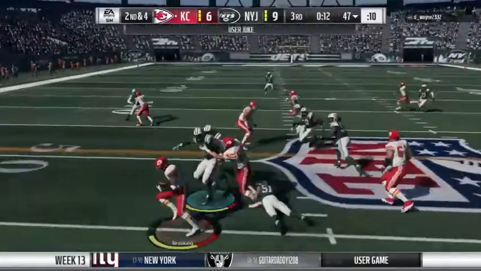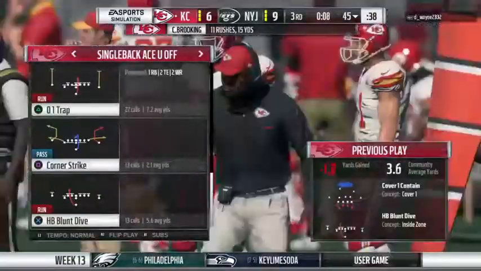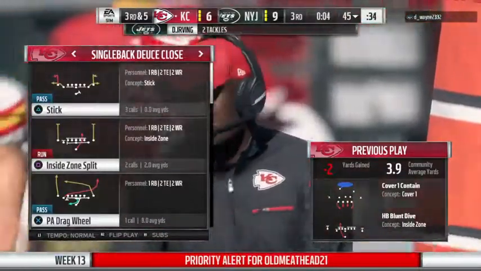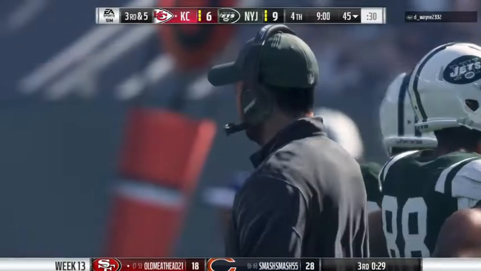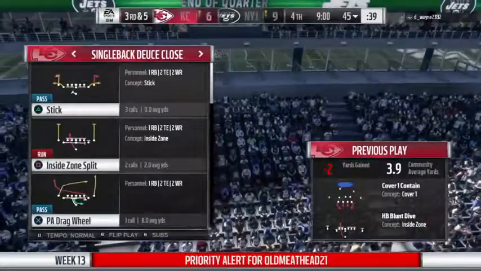Now a handoff here to his running back. And this time the yards won't come so easy as they'll, in fact, tackle him behind the line. He lost 2 there, and it's 3rd down. That defensive front four has been very good. They've just not let the running game get going, have they? Not at all. In fact, the entire offense just